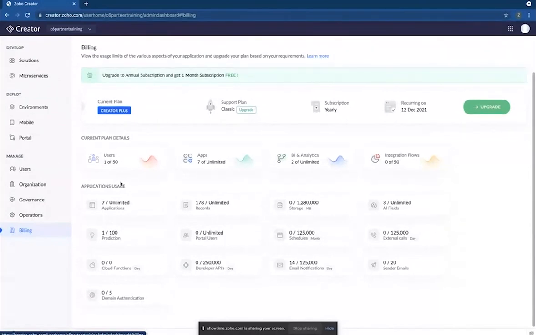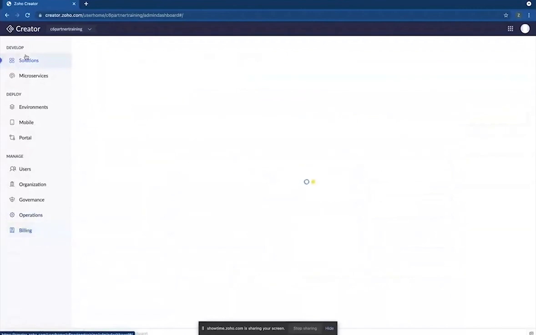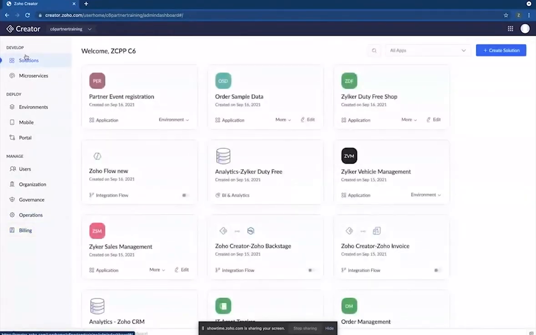And we're going a little more in depth into the application usage part, and you get a number of apps, records, storage, the cloud functions, authentications, emails, API calls that we've done. Everything should be available here, right? So that's the billing section, and we have covered